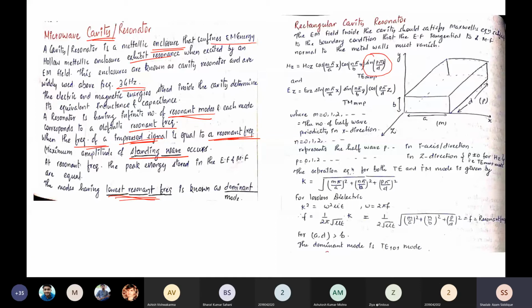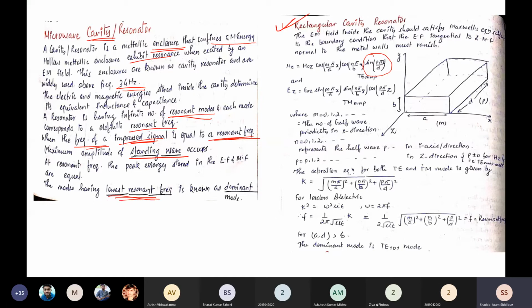That will give you the dominant mode. Now we are dealing with two types of cavity, two structures here. There are many types of structures and cavities. Like we have seen the waveguide, we have elliptical waveguide also, single ridge, double ridge. So different kinds of waveguides are there. But here we are dealing with two structures, rectangular as well as circular. So we will see the rectangular as well as circular.